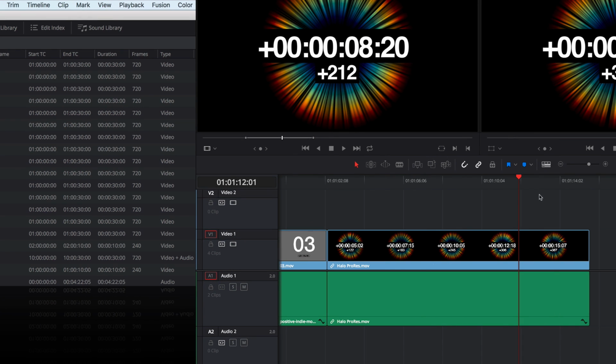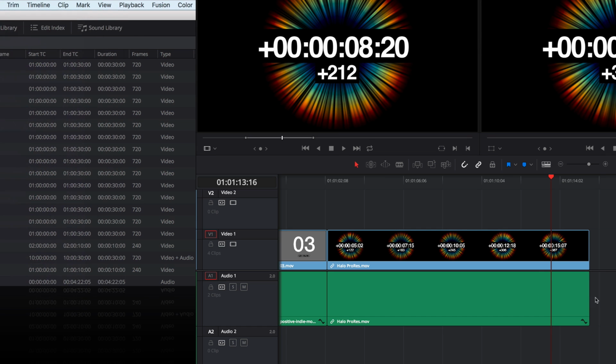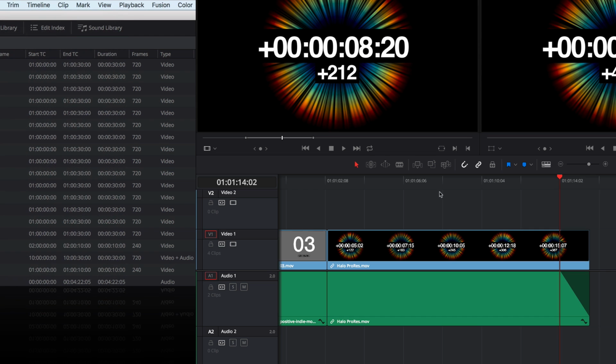Another really nice feature under the trim menu is the option for fade in and fade out to playhead. What this will do is it will take your playhead into account and apply a fade that goes from the in or the out edit to the playhead. Look where I have my playhead parked here in the timeline. Just a few frames back from the in of my edit. If I go trim, fade out to playhead, I get fades that are automatically applied with one